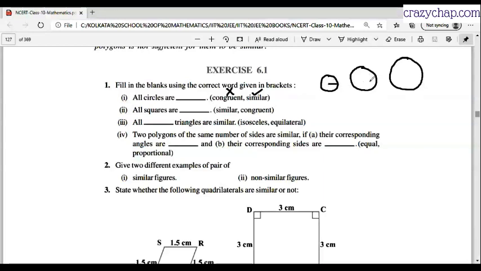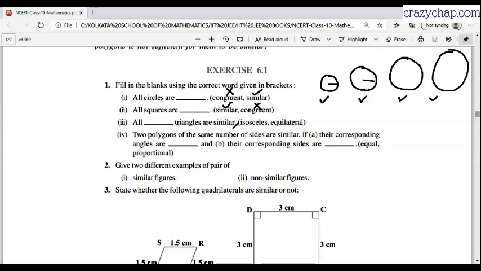So this is a smaller one, this is the bigger one, and this is the biggest one. Of course, there would be other bigger circles. So we can say that all these circles are similar to each other, right? Okay. Number 2, all squares are similar, we can say. Yes, similar. Okay. Number 3,